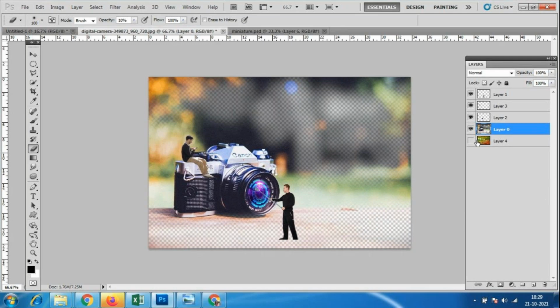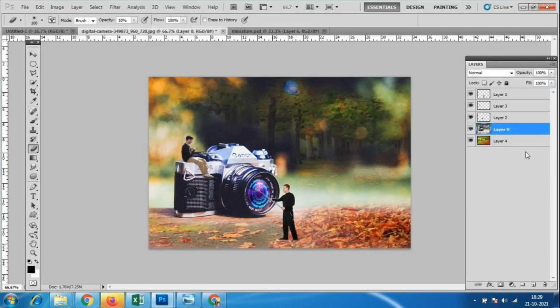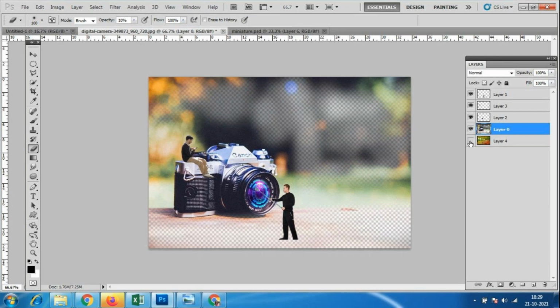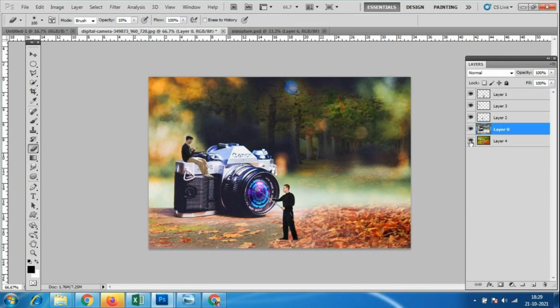If I press Control Z however many times, it will not come back, correct? So we have to always take a copy of the files. Anyway, I'm using this one, so I'll just make it proper and erase it.